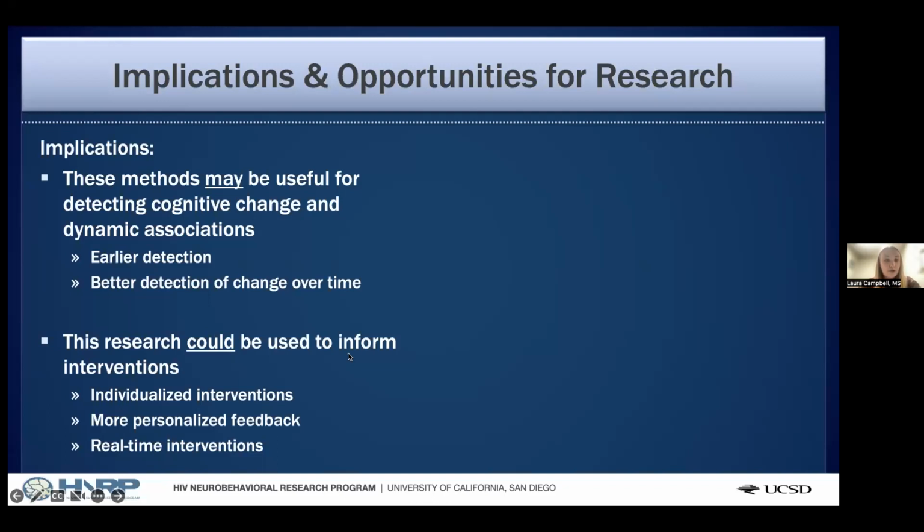This research also could be used to inform interventions. And this is where I'm really interested now. I think some people are starting to integrate these technologies into interventions. But in theory, if somebody does this, we could provide them with more personalized feedback, like, hey, it looks like at this time of day, you're more cognitively alert. Let's have your more cognitively taxing activities at that time point. And then we may be able to use it, looking at the correlations within that specific person, to provide